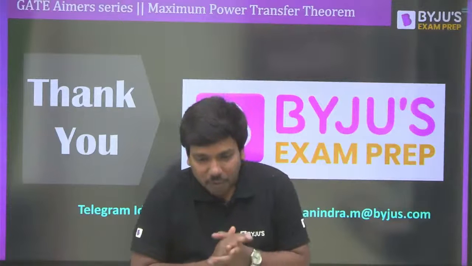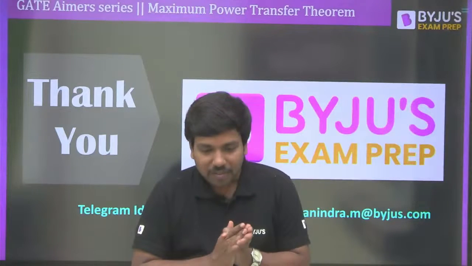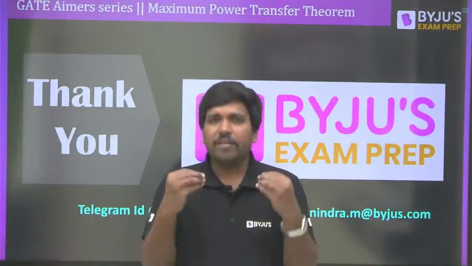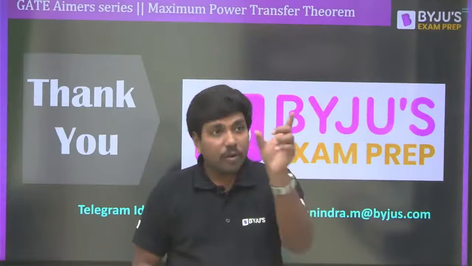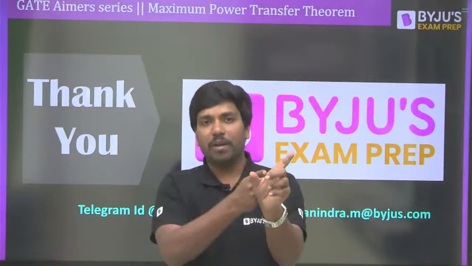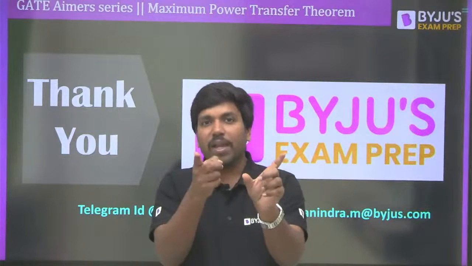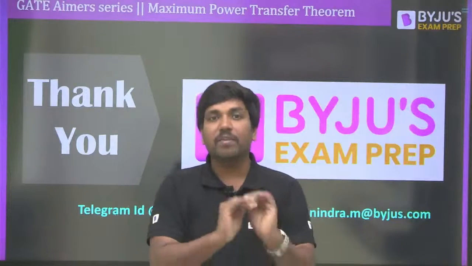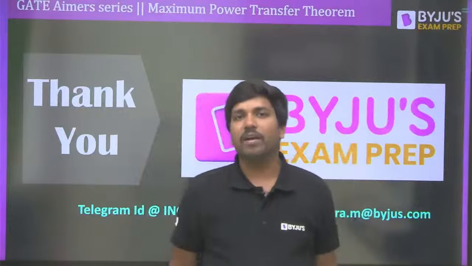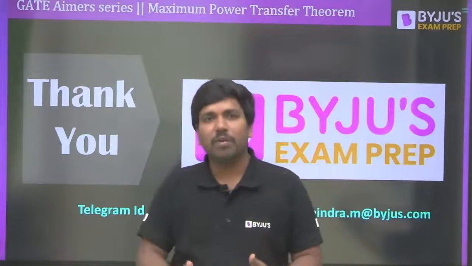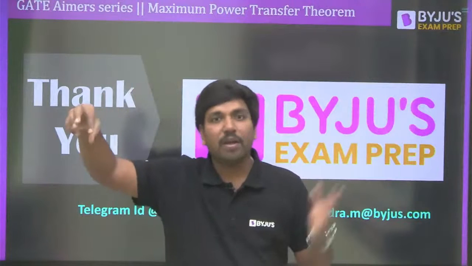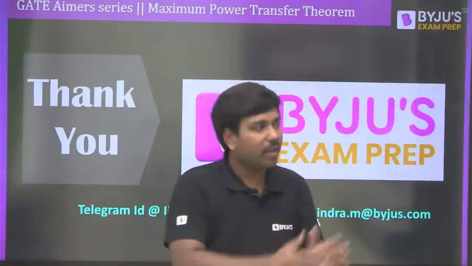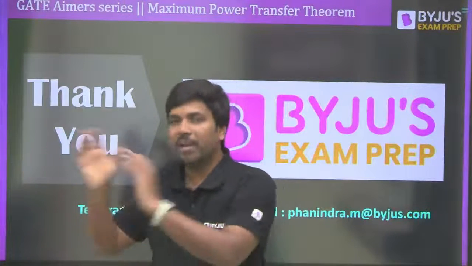Madhu asks how to calculate quality factor when series and parallel connections are both there. See Madhu, whether it is a series network or a parallel circuit doesn't matter. When you are looking at the quality factor of any particular element, just look at what is the total energy stored in that element divided by the overall energy dissipated in the circuit. That is how we can catch the quality factor, because the quality factor is nothing but how much energy is stored in the element divided by the energy dissipated. That is how you need to habituate. Never think that for a series network you will use something else and for a parallel network something else.